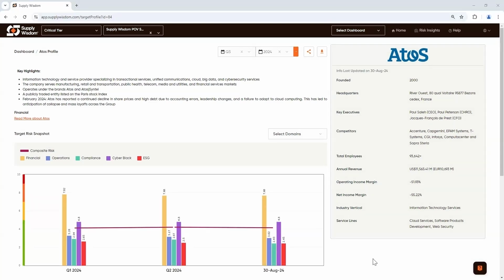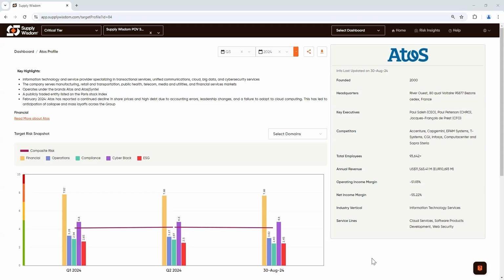So now we're at the profile level view for a third party. We have this same profile level view available to us for any city or country or other third party that we're monitoring. We can't stress enough, the profile view is the place to go for full detail on the current state of risk for any entity. You'll see granular metrics and you'll see a summary of the events that led up to the current state of those metrics. Those metrics sit in the lower half of the profile, and we'll look at those in a second,